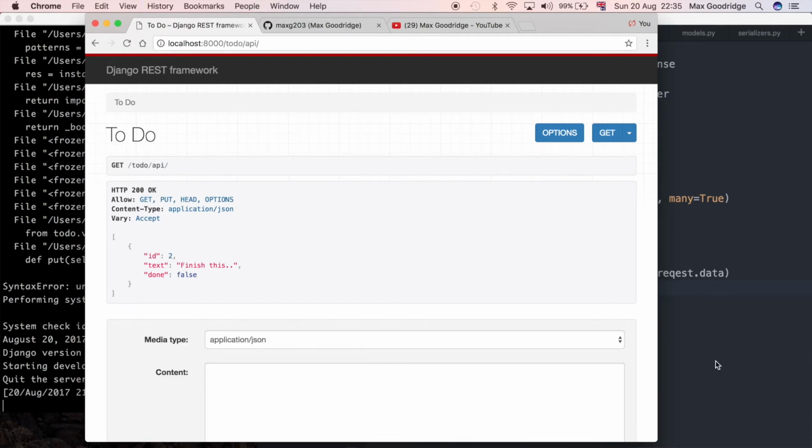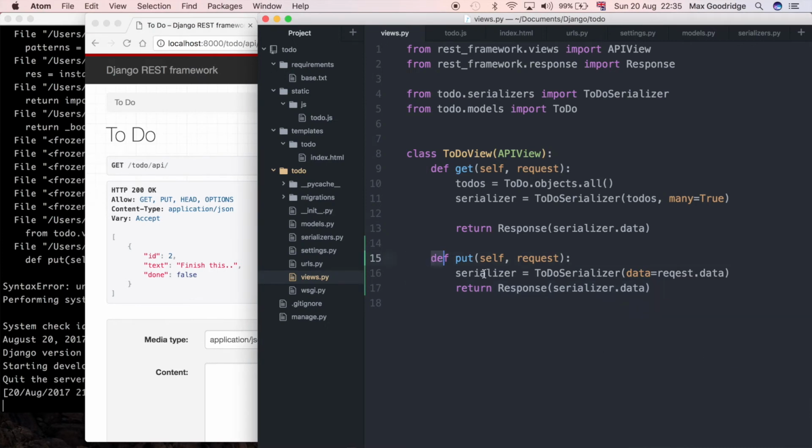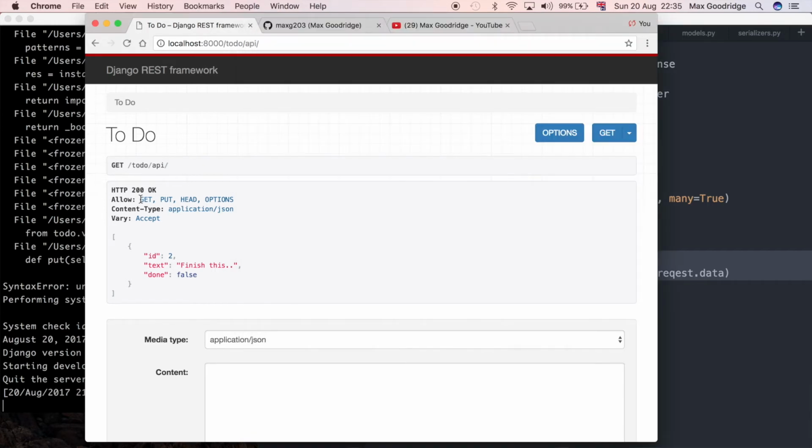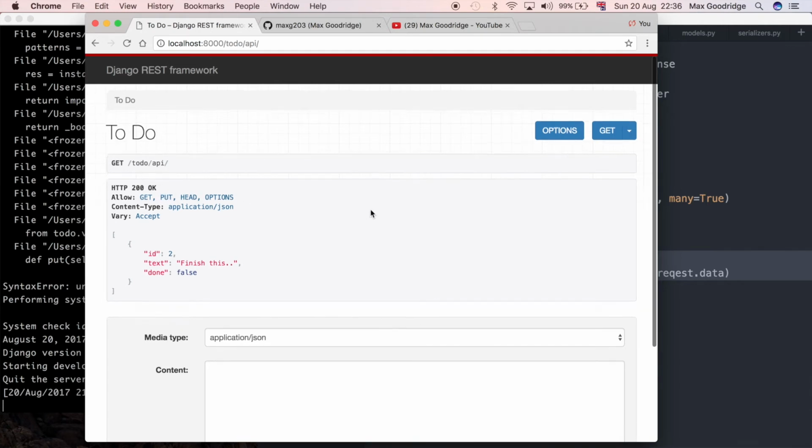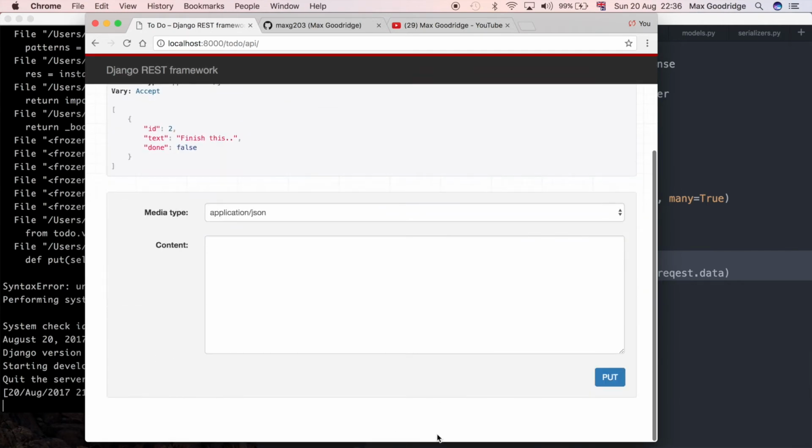And now, simply because we've defined that we want put support for our API here, it's not only given us the updated list of the supported HTTP request types for this API endpoint, which now includes put, which it didn't before, but it also gives us this really nice form